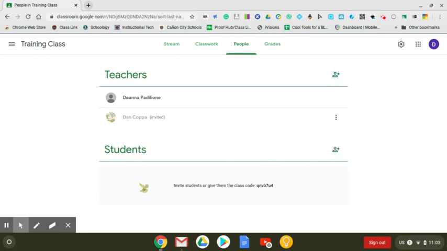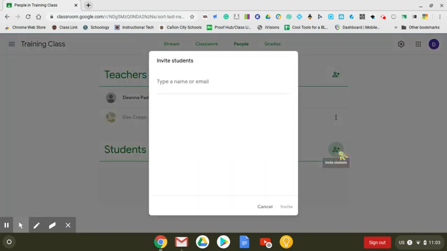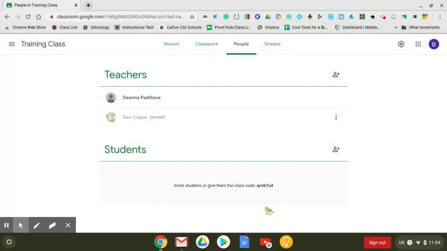Now to add students, you have 2 options. The first option is that you can click here, invite students, and you can type in a name or an email. You could go through and add every student into your class that you wanted in there this way. And another way to do this, and perhaps an easier way, especially if we're talking about a little bit of the older kids, this might become harder for some of our younger kids, our kinders, first grade, but for our older kids, is that they will go to